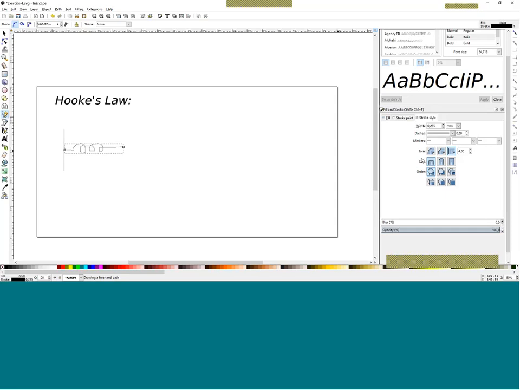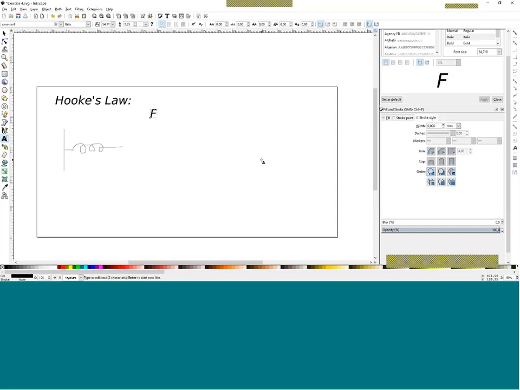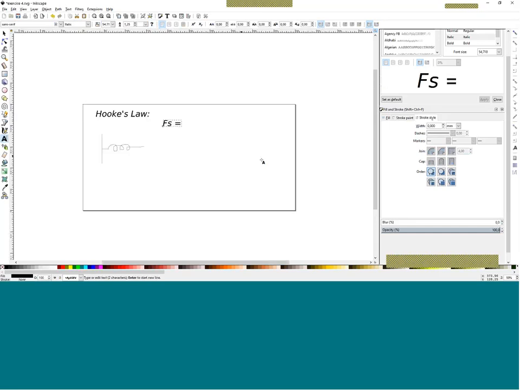Okay, we're going to talk about elastic objects, and in order to do that, we need a very simple Hooke's law, which states that the force applied to the spring is proportional to the distance moved times some constant factor of that spring. This is a very typical linear equation.